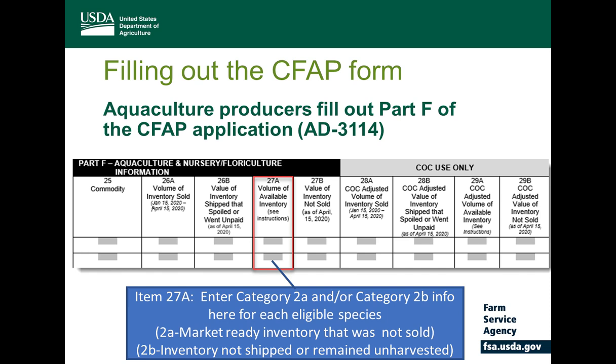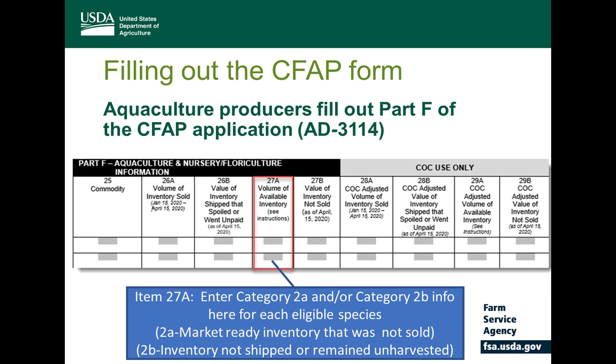Item 27A is either going to be Category 2, and keep in mind, remember, Category 2 is everything except crayfish, and Category 3 is crayfish. So it's going to be volume of available inventory is what the form says. We want to keep in mind that the form has instructions to clarify what this is, but